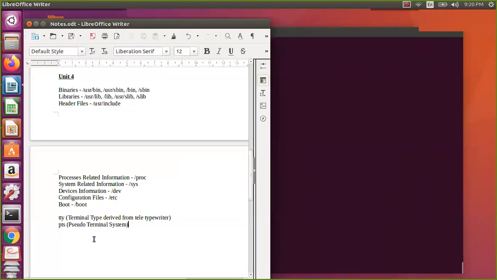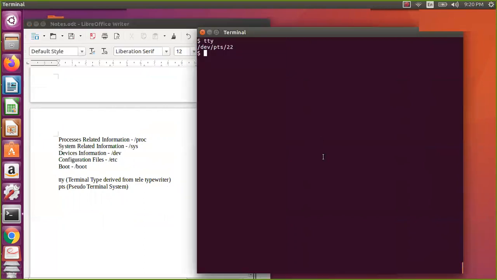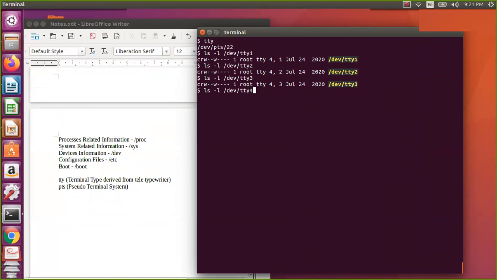So this pts is the pseudo terminal system, meaning not a real terminal. As we discussed in the previous unit, when you press Ctrl+Alt+F1, you get a real console. It will be under /dev/tty1, tty2 like that. If you see here, /dev/tty1, tty2, tty3, and 4, 5 and 6.